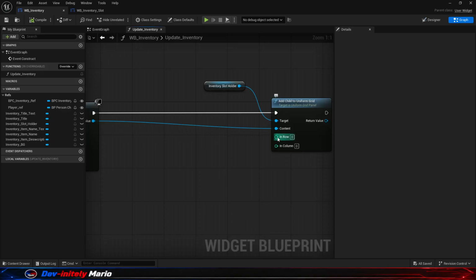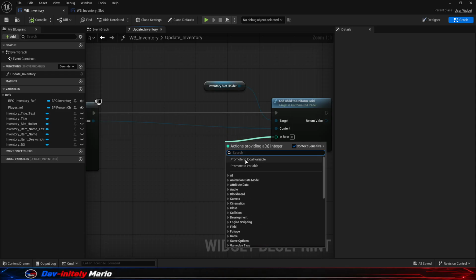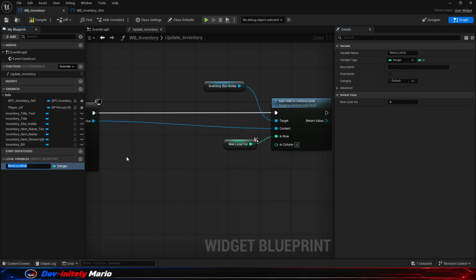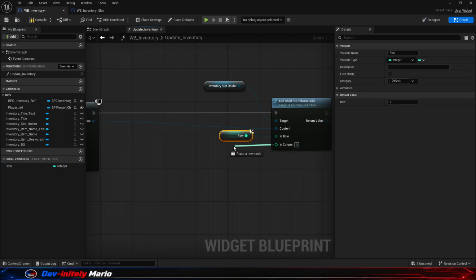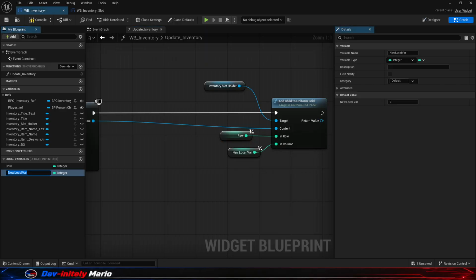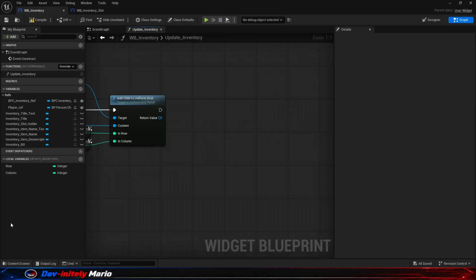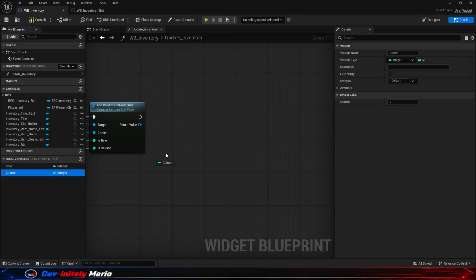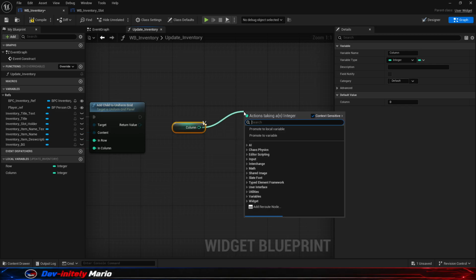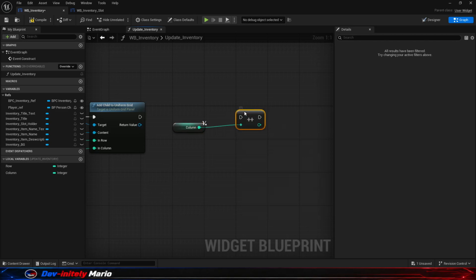For the row and column, we want to take local variables, row and column. Please use local variables for it because we only need it in this function. Now we have to increment it. Take first our column, increment it by 1,